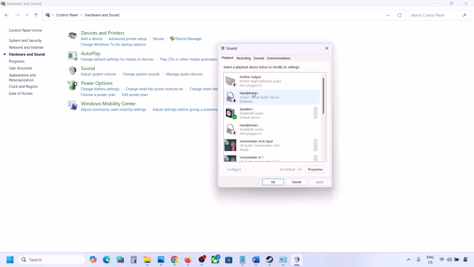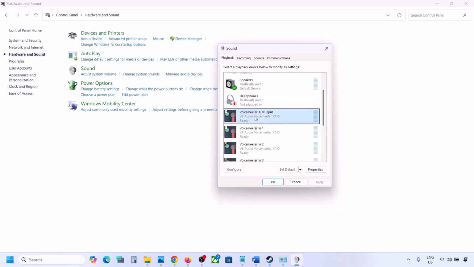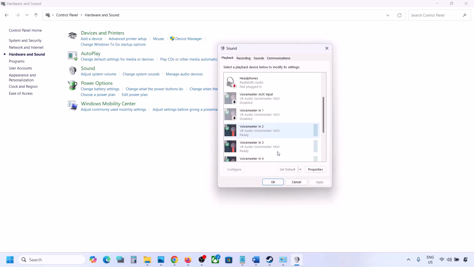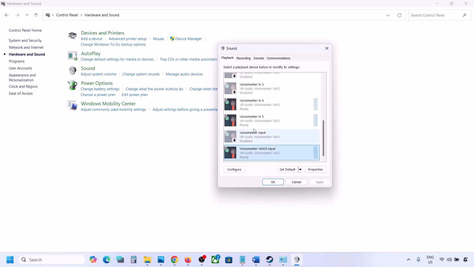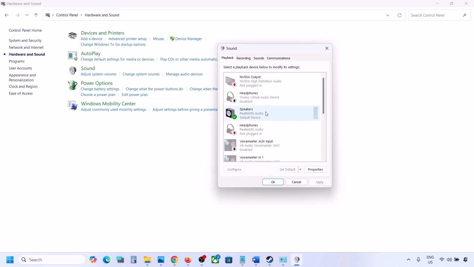I'm not using it, so you can always enable it whenever you want by simply right-clicking and enabling it, but while playing the game, if you want, you can disable it. I'm not using this headphone, I'm not using Voicemeeter, so I will disable everything. So disable audio devices which you're not using. Now once you disable all the audio devices which you're not using, you can launch the game, but make